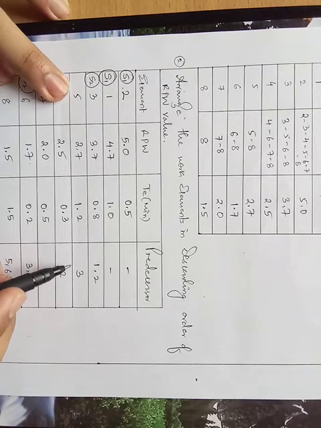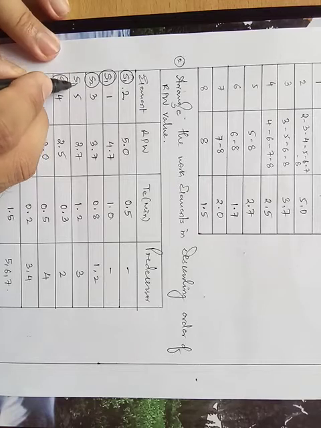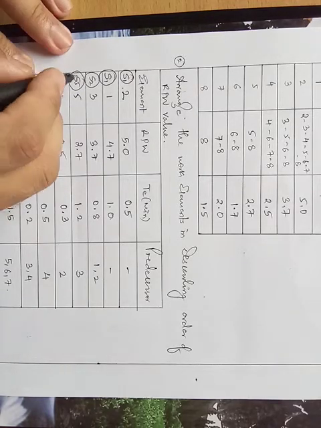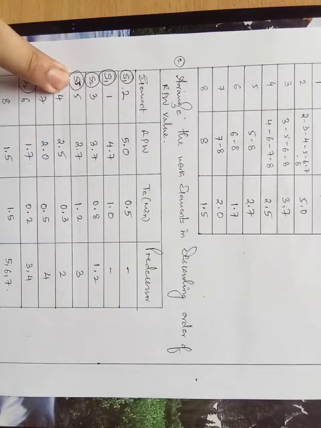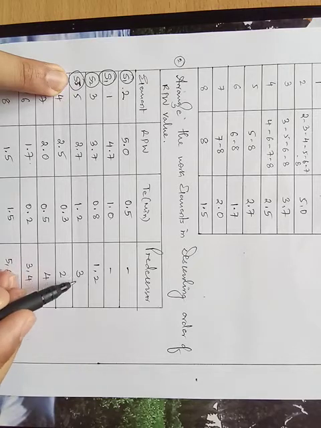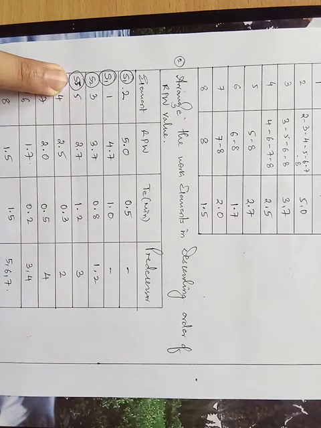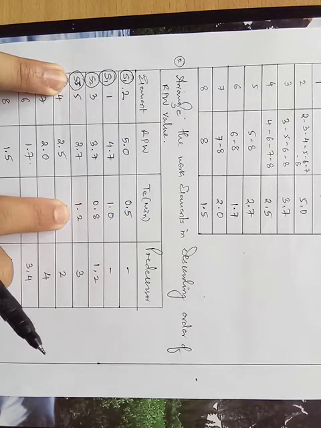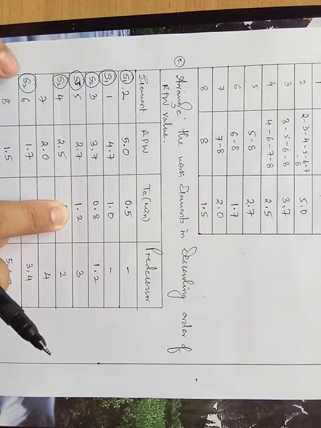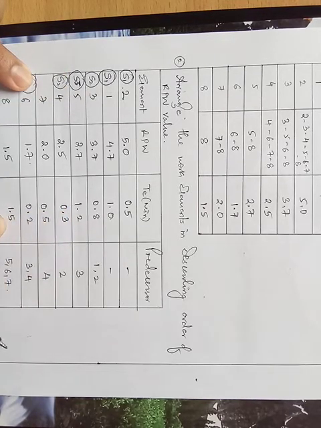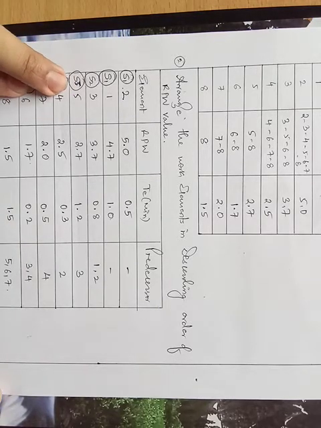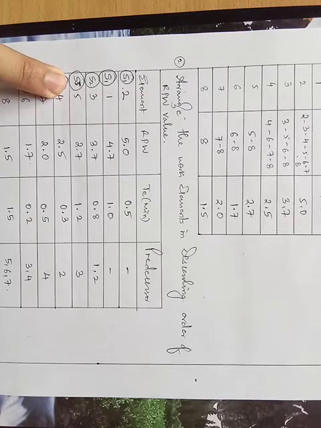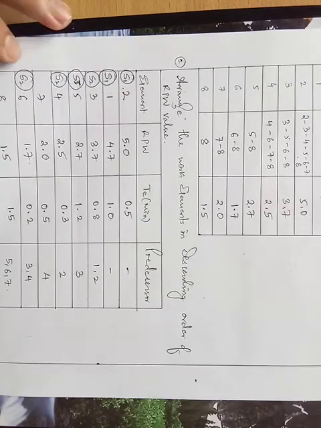Work element number 5, you can give it to workstation number 3. Why? Because the preceding activity is 3, which I have already allotted, so it is done. Total time is 1.2, which is less than 1.5, so yes, it can be allotted to station number 3. Now the remaining 2 times are greater than 0.3, so none of these can be accommodated on the same station. So station number 3 has just one work element, that is work element number 5, right?